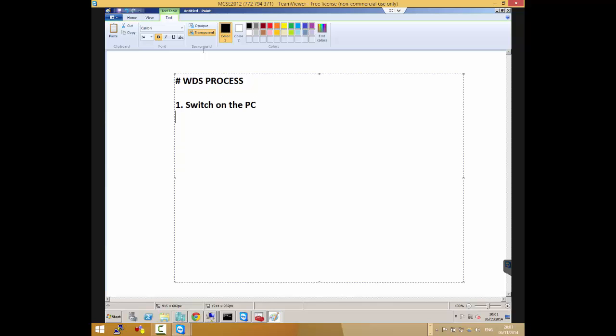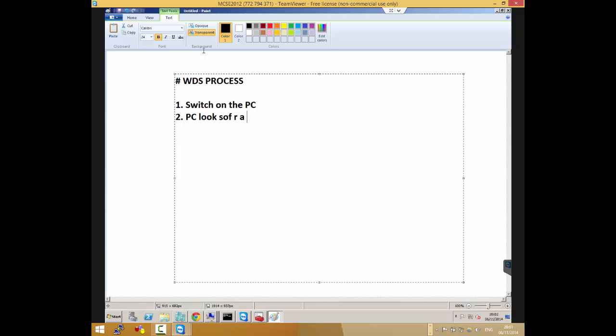Yeah. After that, first of all, the PC needs to be booted through PXE, so you need to change it in the BIOS first. And once it's in PXE mode, it looks for a DHCP server.